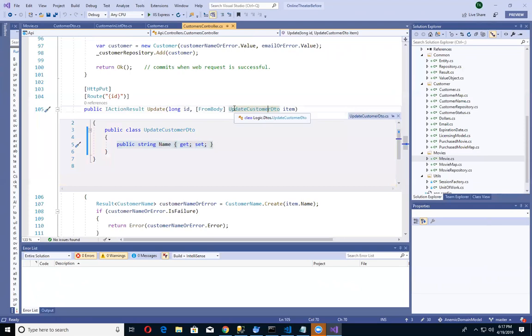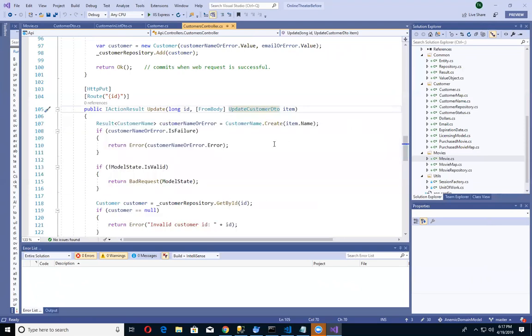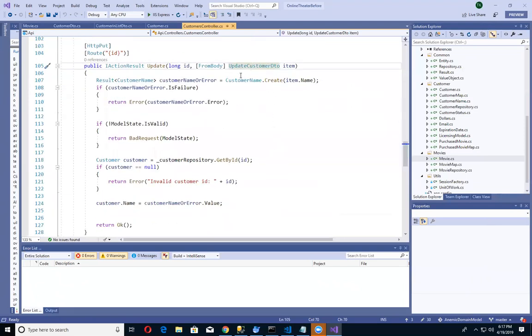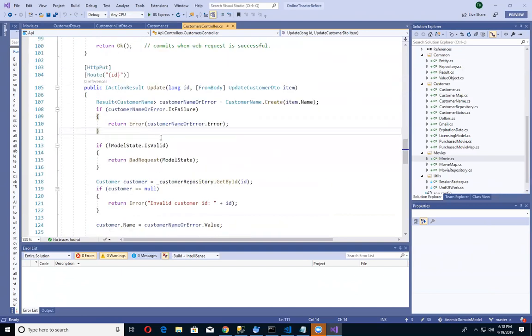And that's one of the advantages of passing these DTO objects in. What we're doing in this code right here with these factories is ensuring that only the name and nothing else is going to be processed on the update method inherently. So you get a layer of protection there.